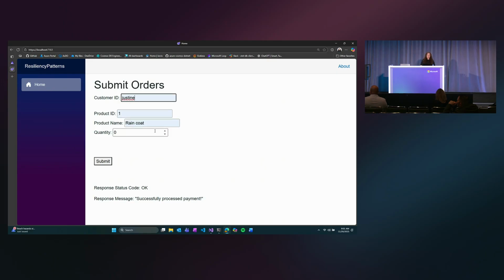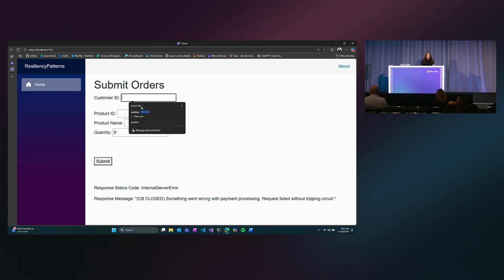I'm just going to go ahead and submit an order. I'd love a new raincoat. It was raining this morning. So as we submit this, we'll see that we're making calls into our services. Now, we got a server error, and that's because the flaky payment service that I'm using is hard-coded to fail 33% of the time. So as I continue submitting orders, let's see how our circuit breaker can protect against these